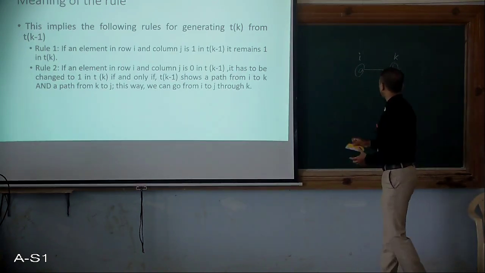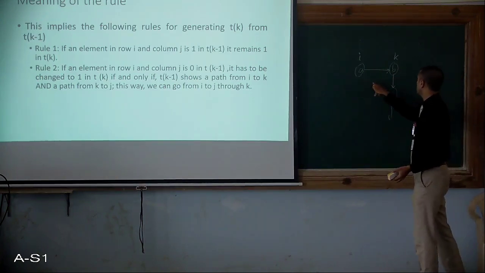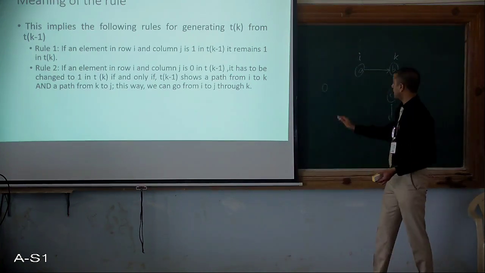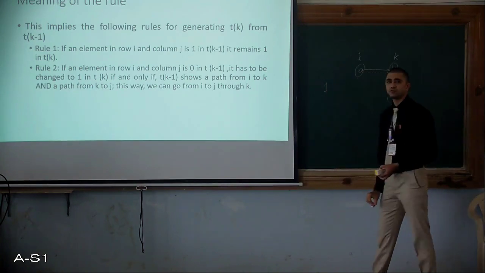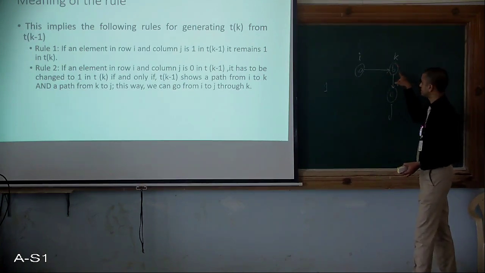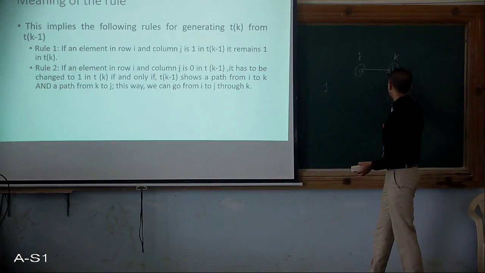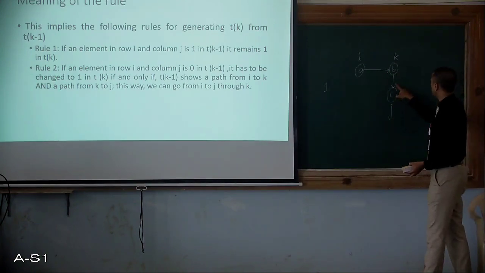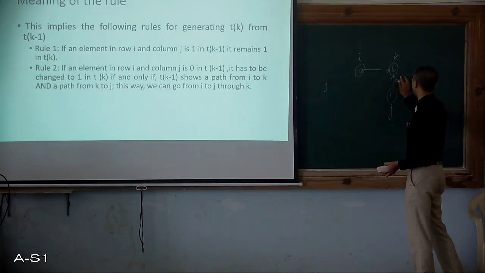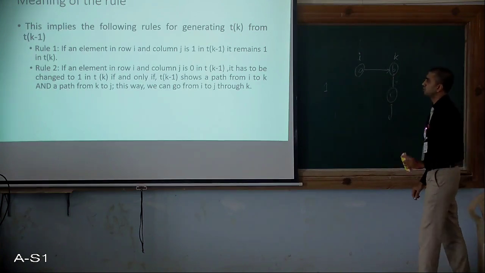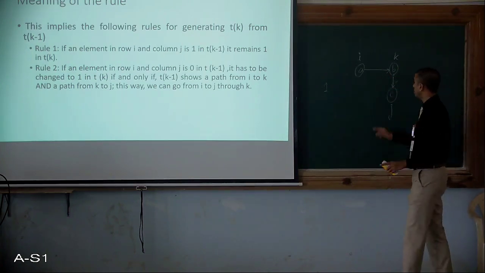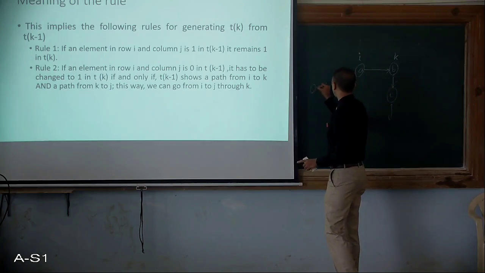In this example, there is no directed path between i and j, so in the adjacency matrix it will be reflected as 0. I want to make it 1. To do that, I need to check: is there a path from i to k? k is an intermediate vertex. Yes, there is a path from i to k and also from k to j. This arrow goes from k to j. If it was from j to k, this would have been 0. So both conditions have to be true: i to k has to be 1 and k to j also has to be 1. Only in this case can that 0 be converted to 1.